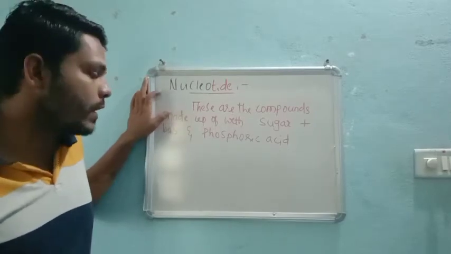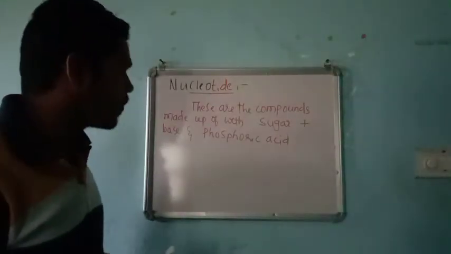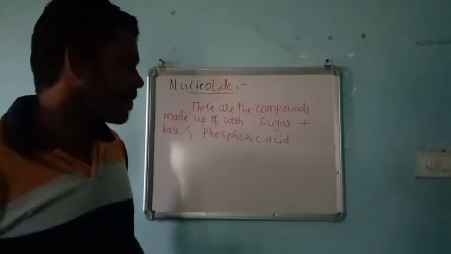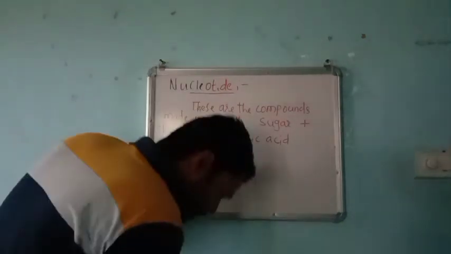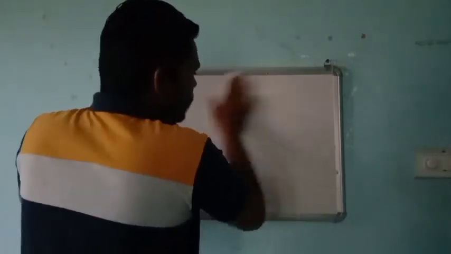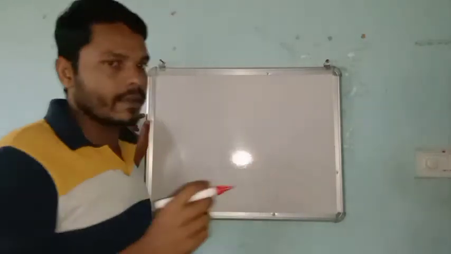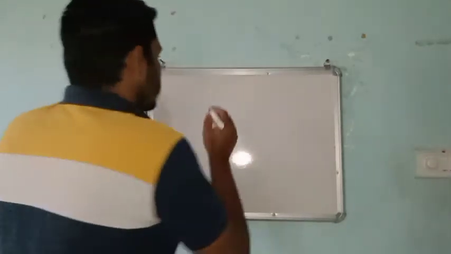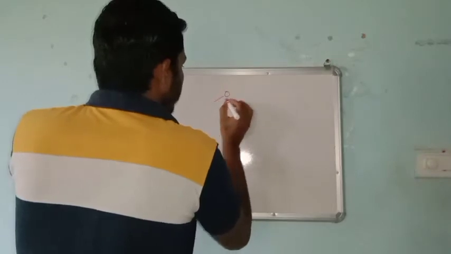a nucleotide. If we see the general structure of a nucleotide, then it will look like this. The nucleotide will look like this. See here. So power has gone. Okay. If you are able to see this, then okay. Otherwise, we will do one thing. I hope now you can see at least. So see here, phosphoric acid, that means a pentose sugar,